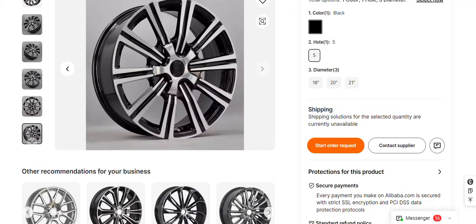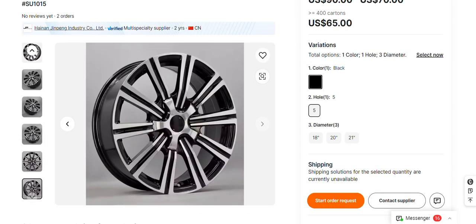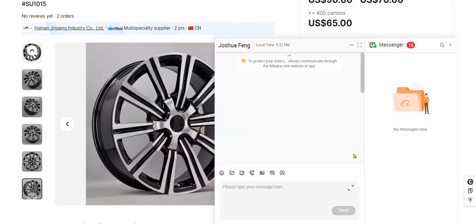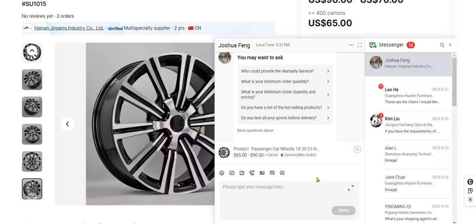So basically what you want to do is, if you found something that you like, then instead of going far, you want to see, can you start a chat? And down here, there is a very small thing at the corner. Forget about the messages. Look at the corner here. There is a chat. So click on the chat icon so that it comes up. Yeah, and basically you can now start a chat and automatically it brings forth what you're looking at. So you can start a conversation with this and you can ask